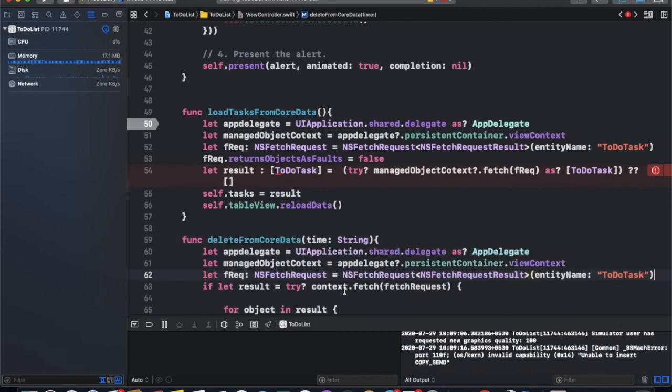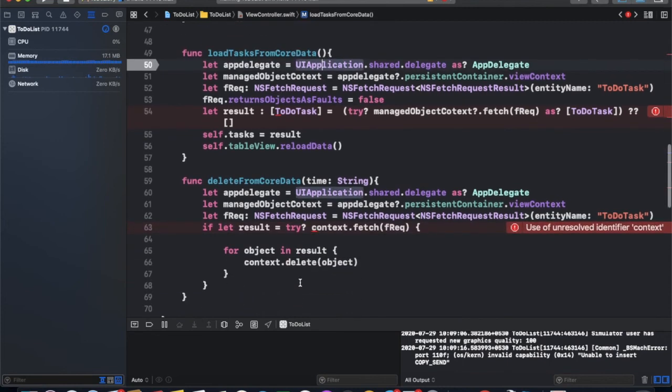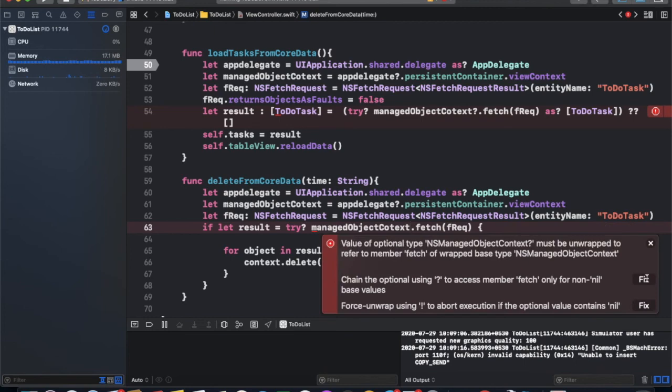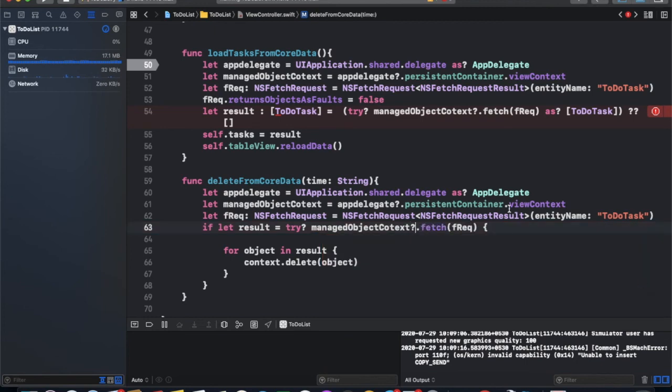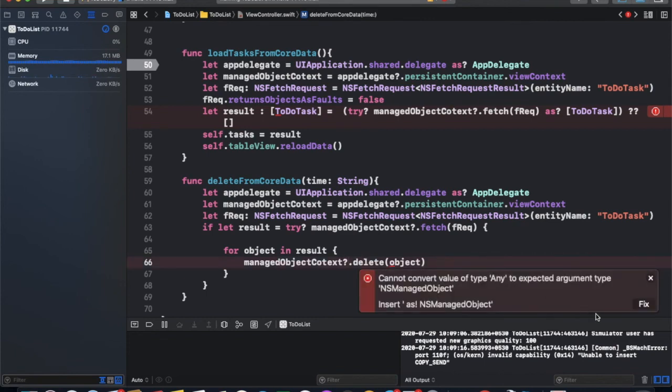We need a context object and we need the fetch request. In the fetch request we get data like in fetching, and then we delete it one by one. But this will create an issue for us: if we run this command, it will delete all the data. Why? Because we did not give any predicate to it, so it will not know which data needs to be deleted or not. So it will just delete all the data.